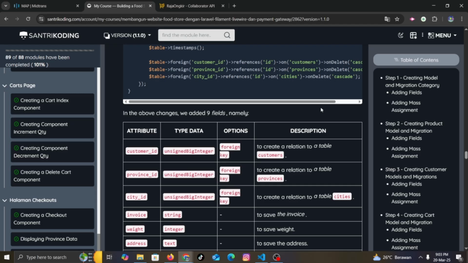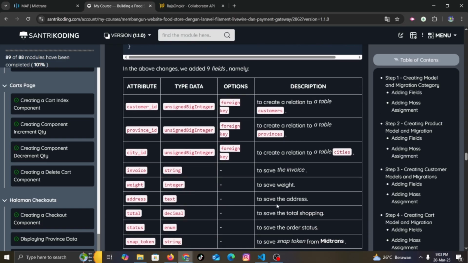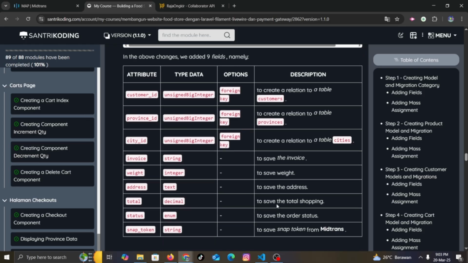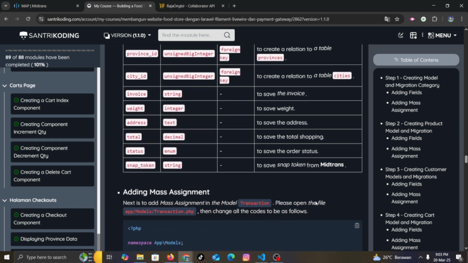In the above change we add 9 fields, namely customer ID to create a relation to the table customer, province ID to create a relation to the table province, city ID, unsigned big integer to create a relation to the table, invoice string to save the invoice, weight integer to save weight, address to save the address, total to save total shopping, decimal, status enum string, and snap token string to save the snap token from Midtrans.